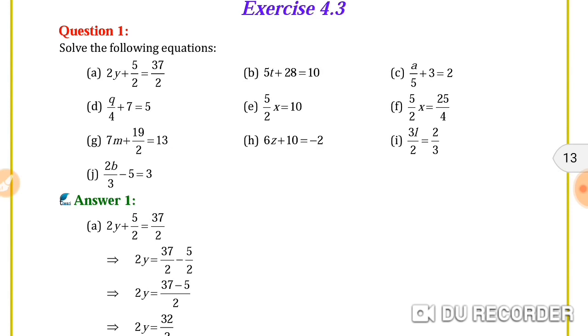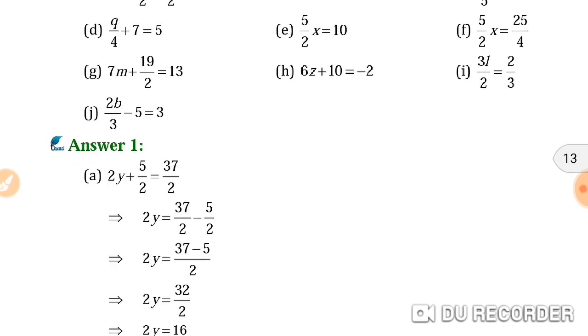Transposing method is like the give-the-steps method, to separate the variable and all. But here we are not giving steps; we are transferring the numbers. Whatever numbers there are except the variable, we have to transfer one by one to the other side. It may be LHS to RHS, or RHS to LHS. So here I have chosen the examples.